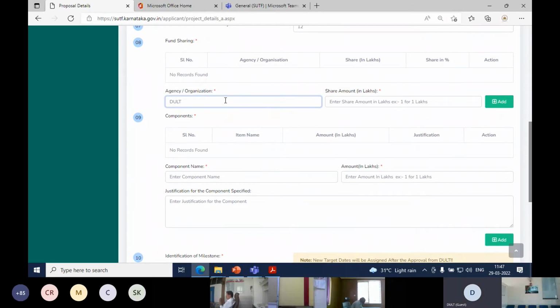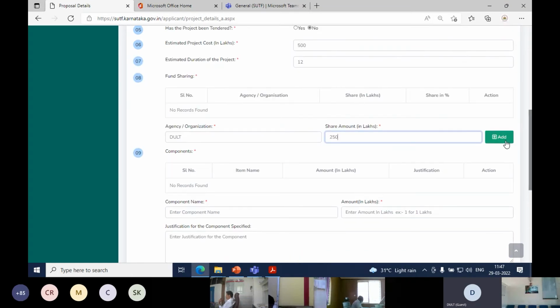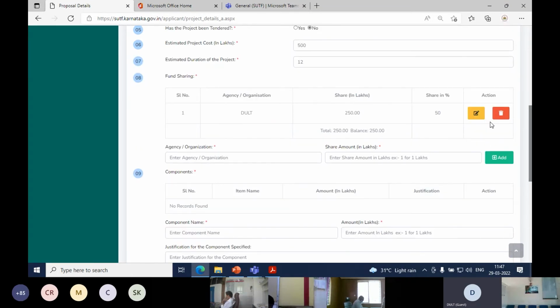You need not type the entire name, Directorate of Urban Land Transport, or any other name. So we have kept a mandatory check that the word has to be DULT. And here I say 50% sharing. So I say 250 lakhs. And then you add. You can anytime delete this and even edit this.